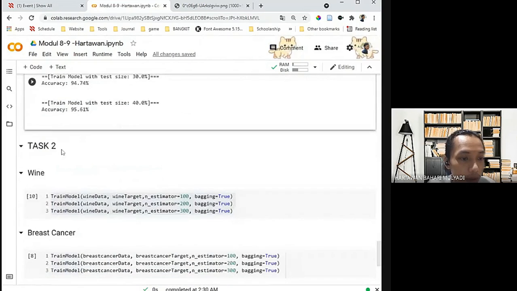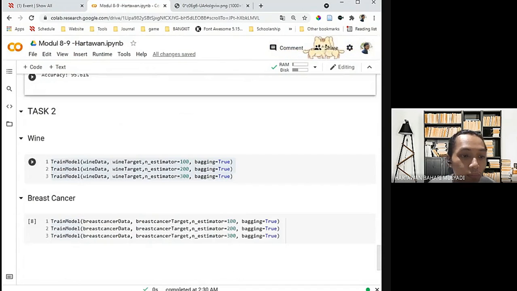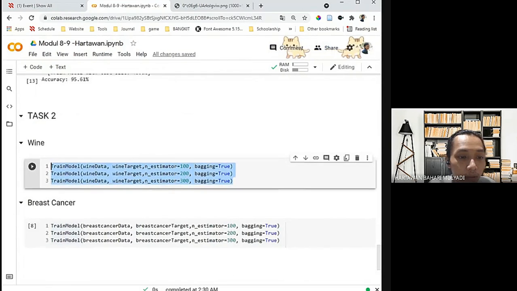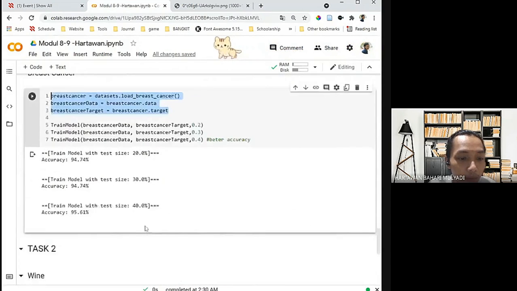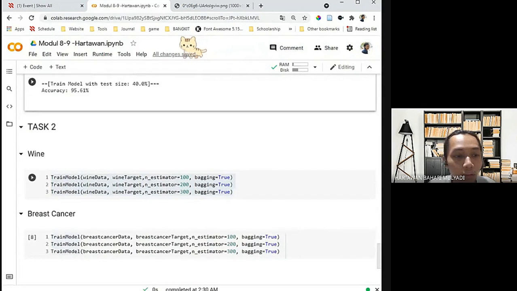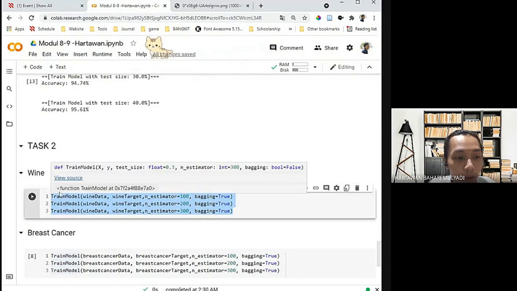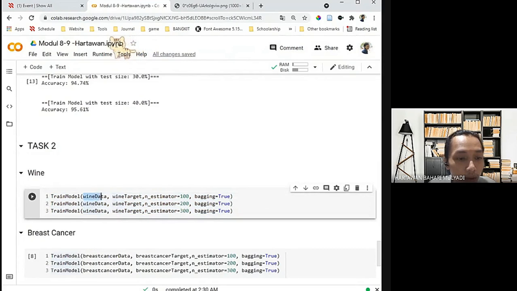Okay, let's see task two. In task two, we don't need to load the dataset again because we haven't made any modification to it. We just call the data here, and next put n_estimators as 100, 200, and 300, and set bagging as true. If we set bagging to true, it will run the bagging function that trains the bagging model.